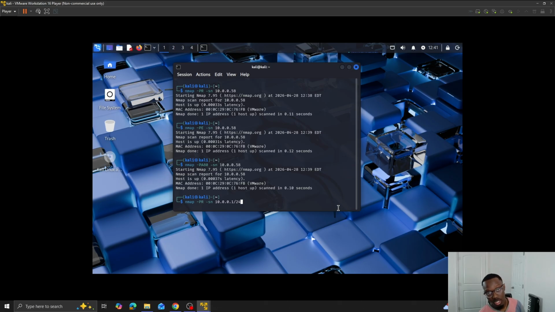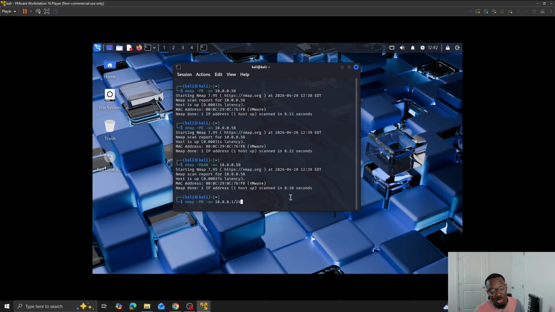And obviously that's good because, like I said, this is more quiet. An ARP request is more able to get around firewall restrictions, because a firewall really isn't interested in ARP requests. It's more interested in anything from layer 3 and above. So it kind of goes under the radar. You can still do it with the -PE flag, which will still work out. But